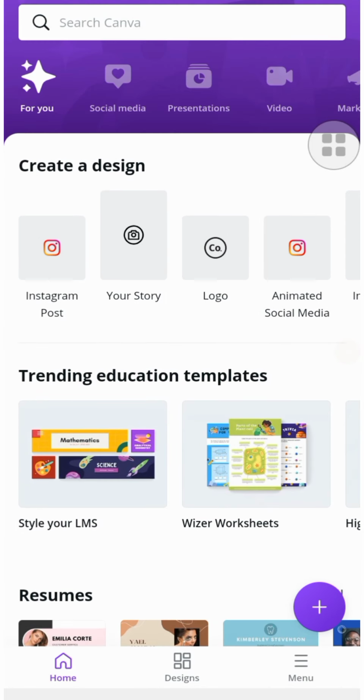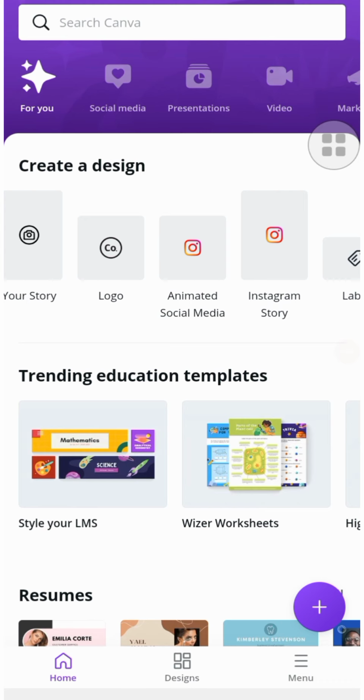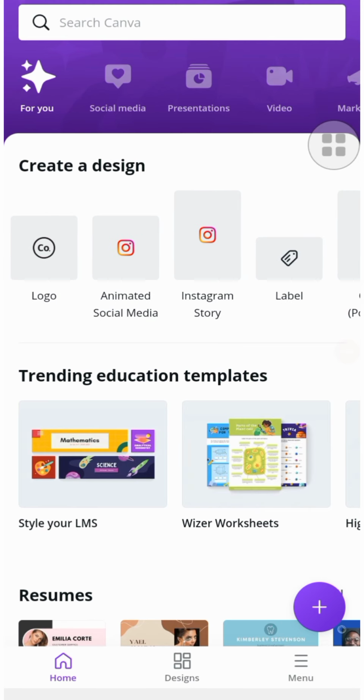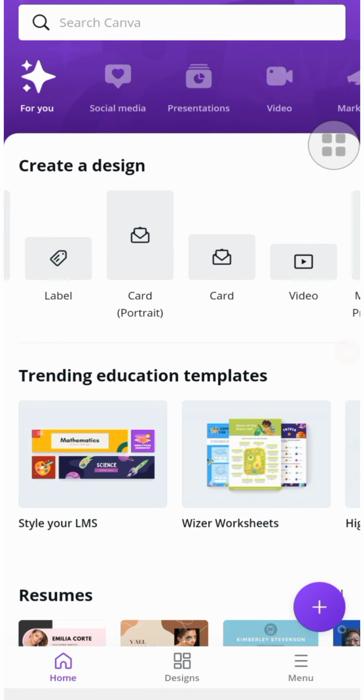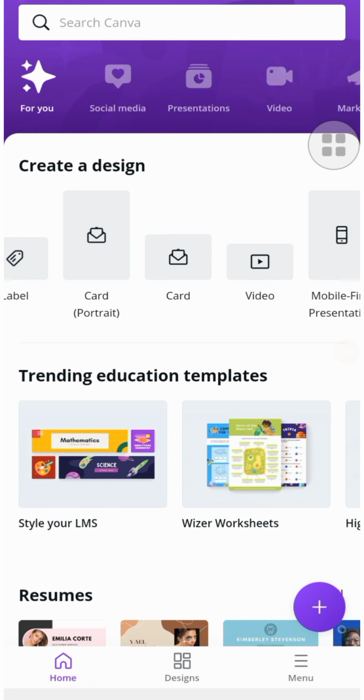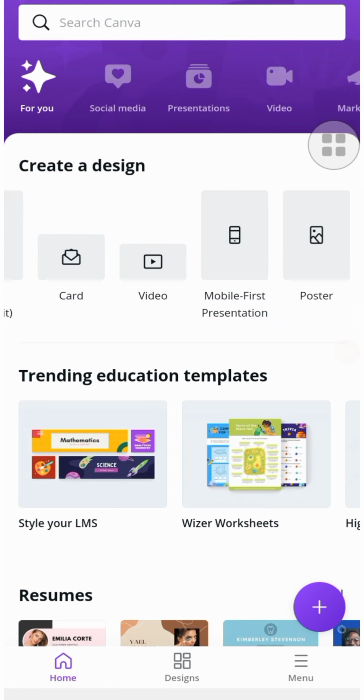And okay, these are the other things you can create on Canva. Like I said, Instagram post, then Instagram story, or probably you want it for your WhatsApp story, animated social media posts. Then you can create a label, a card, whether an invitation card or